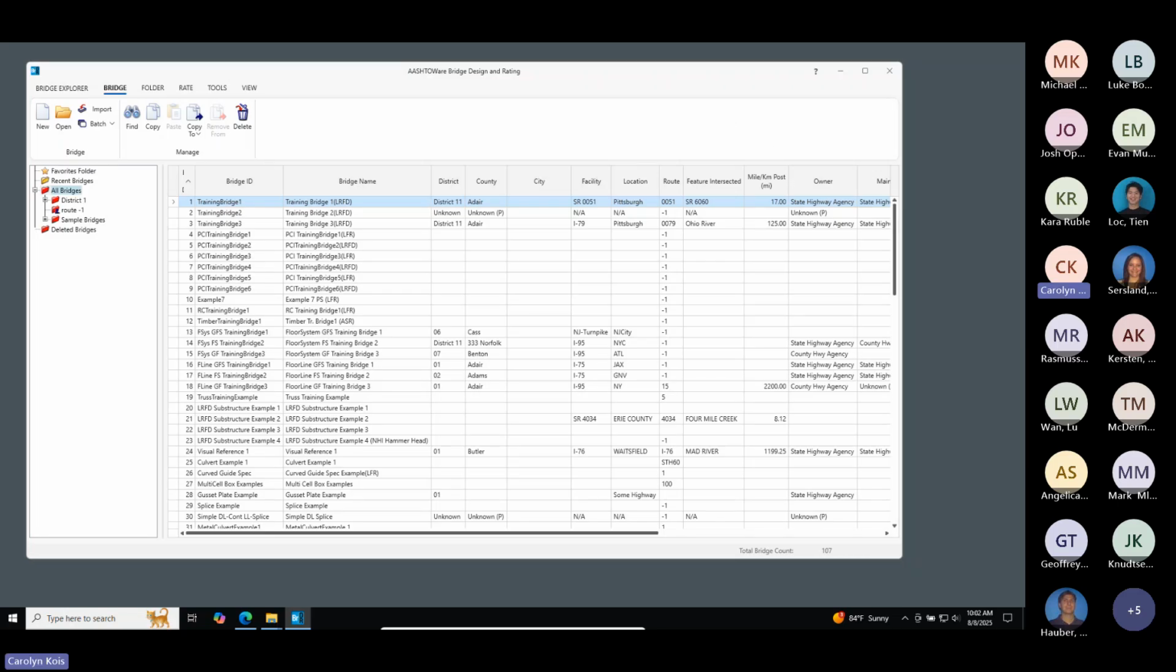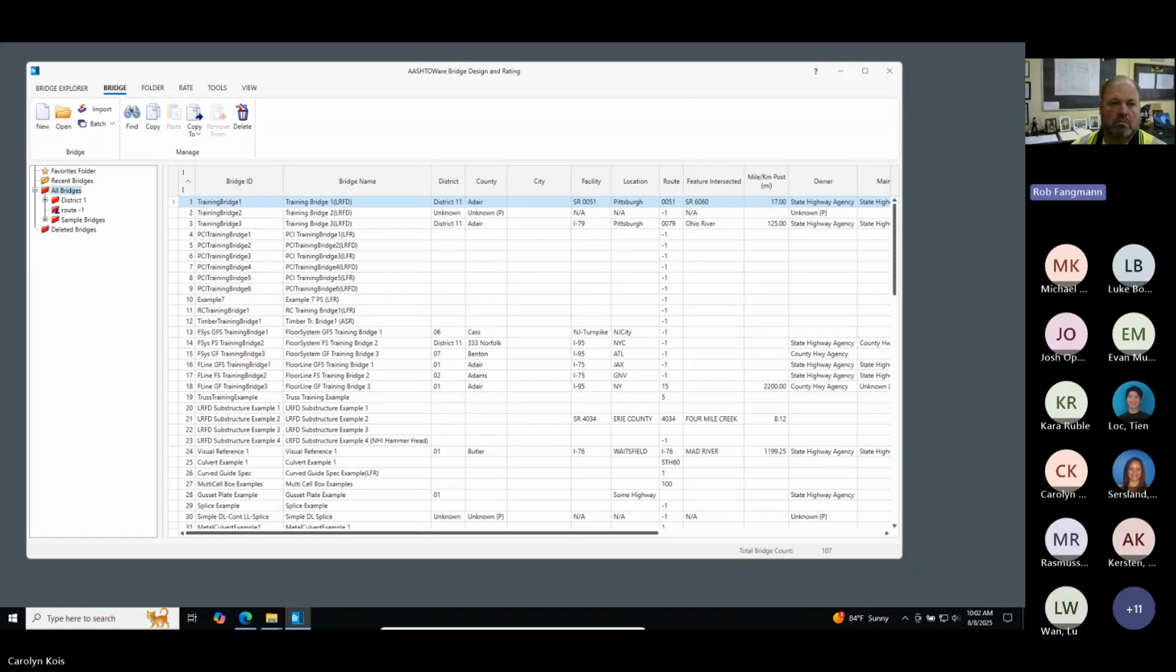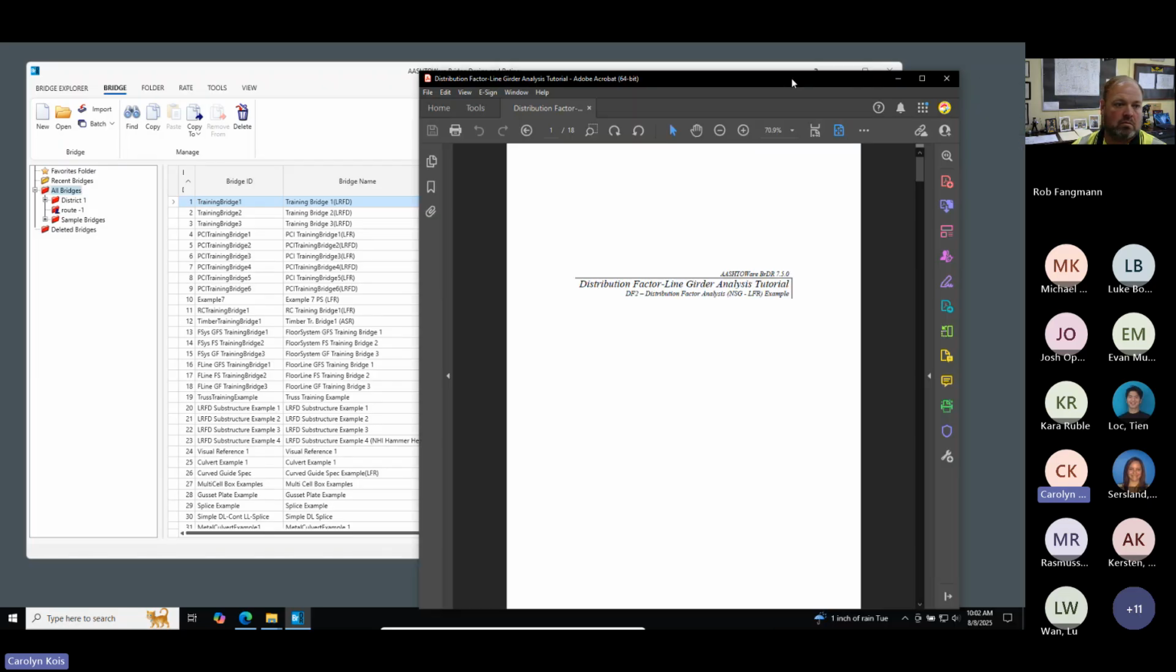The first thing that we will take a look at is running a non-standard gauge analysis. The distribution factors in AASHTO are calibrated around standard gauge vehicles, but a lot of times with permit loads and things like that, you'll have a need to run a non-standard gauge vehicle analysis. So with the training materials that were sent out,